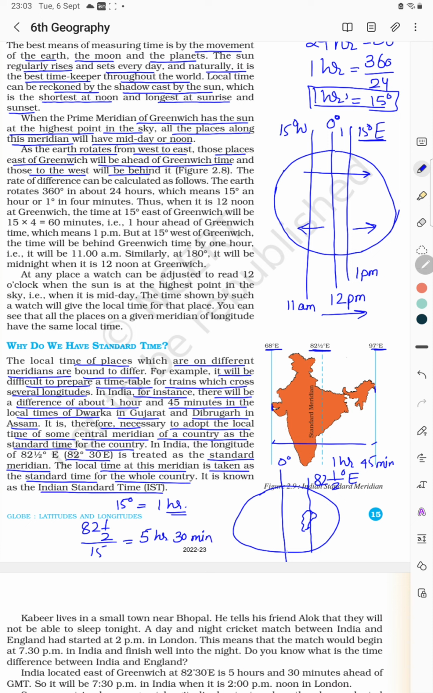So when it is 12 p.m. here, it will be 12 plus 5 hour 30 minutes, which is ahead of Greenwich time. So it will be 5:30 p.m. in India. Okay,